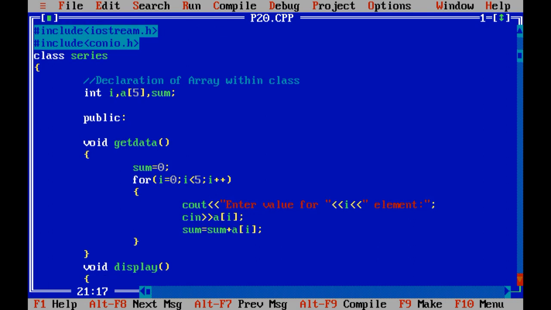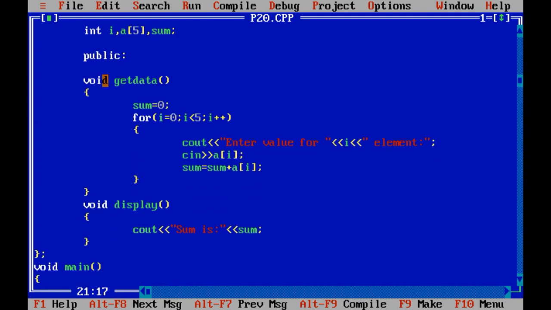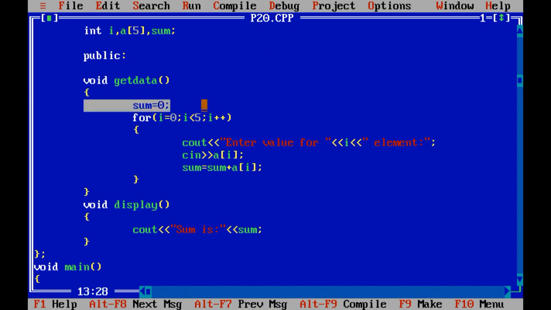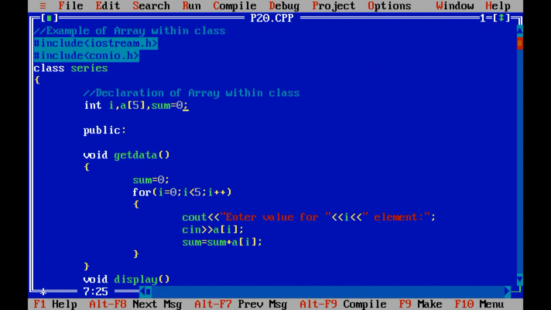So now when we call the get data function, the value of sum would be 0. So the initial value of sum is 0. See, in a class you cannot write it like this. In a normal void main we initialize the value of a variable at the time of declaration only, right?